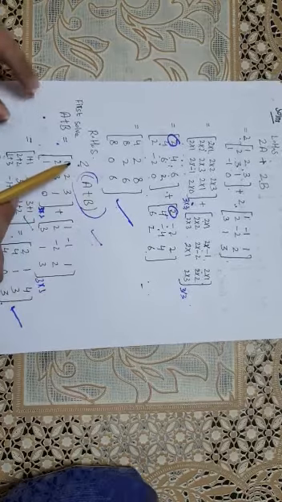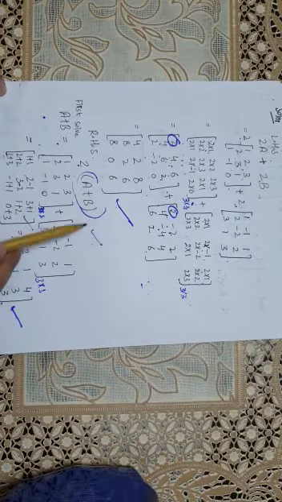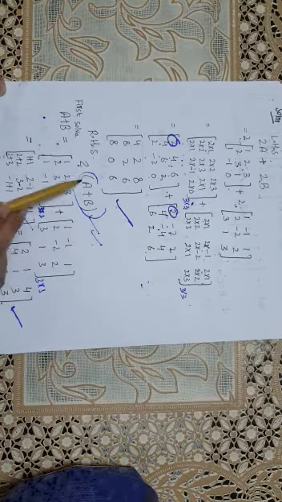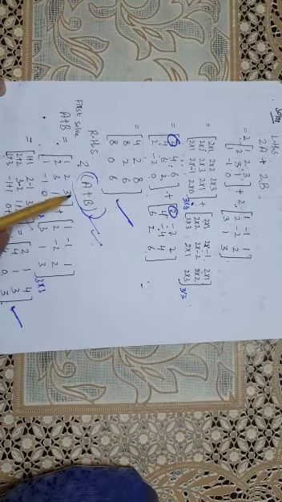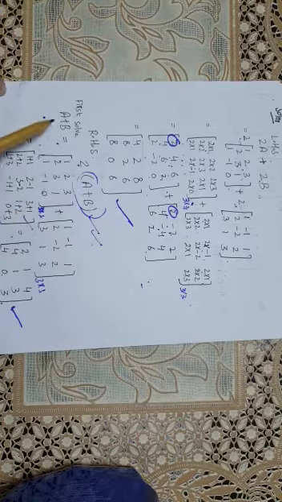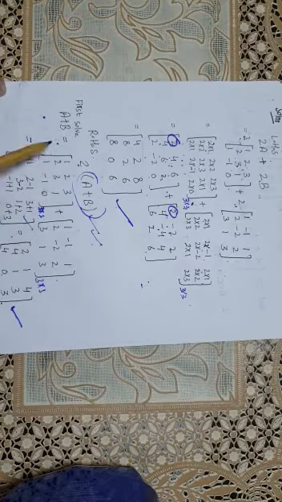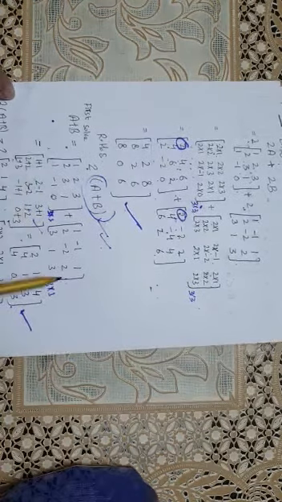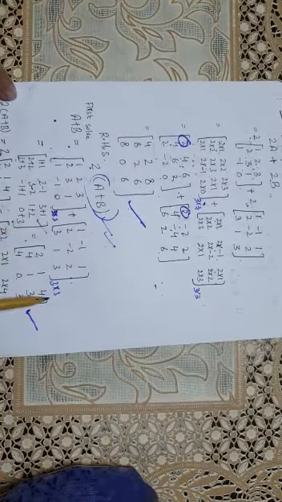In the right hand side we have to see that 2 bracket a plus b. According to the bracket rule, first we will solve the bracket a plus b. Always first we will solve the bracket a plus b. To simplify this a plus b, two matrices will be added. These two matrices will be added because their order is the same.